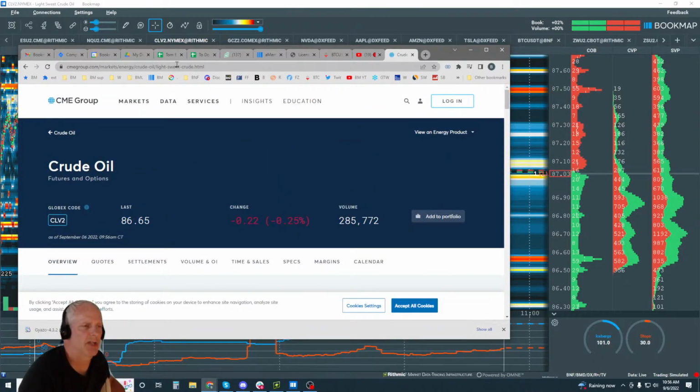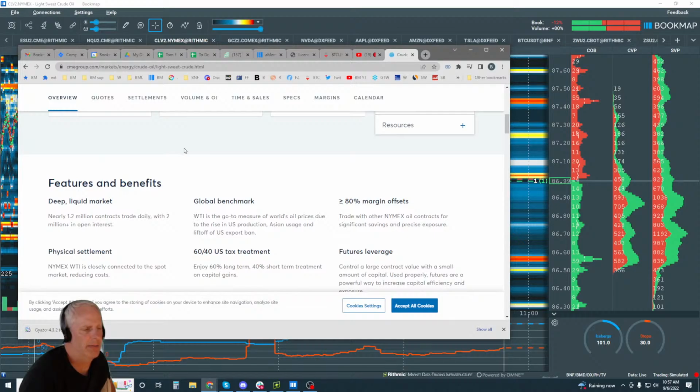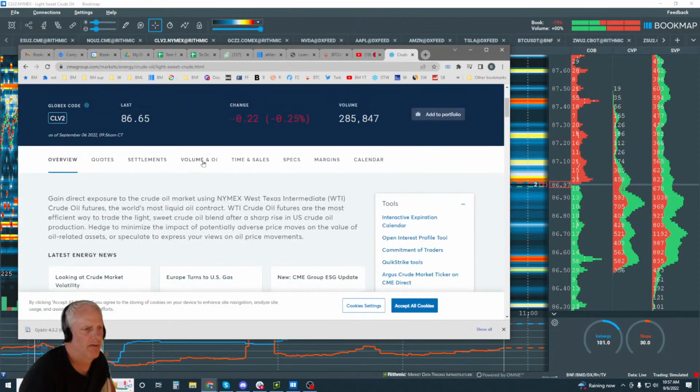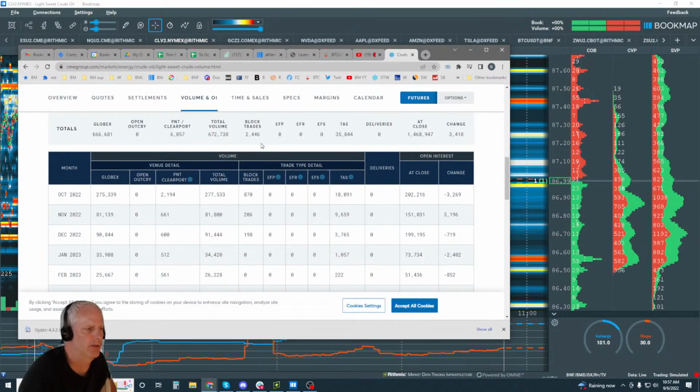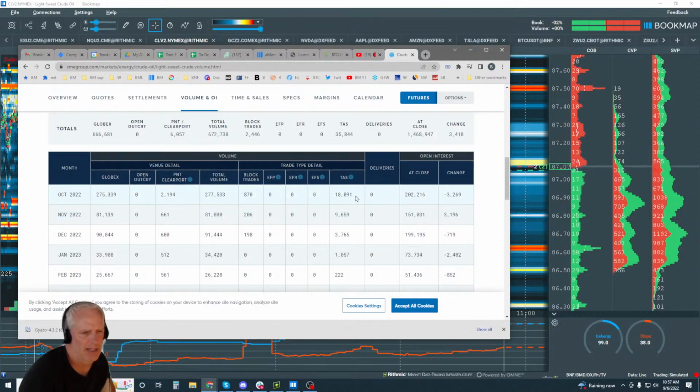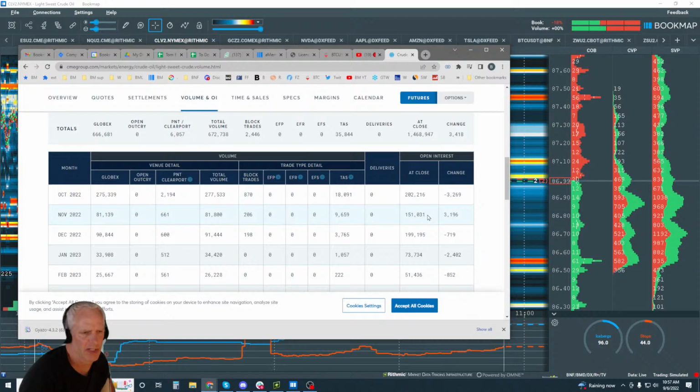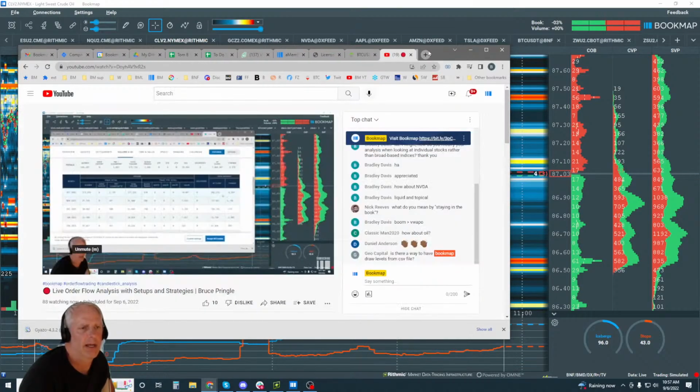All I do is search very quickly for CME volume CL, and this is one of the options that pops up. We'll click on here, volume and open interest. Okay, all the contract specs are in here, and you should know your contract specs. You should know exactly what you're trading. Now let's look at the volume in here, also open interest. Okay, it's just getting ready to roll. It's still got a few days to go, but you can see it, right? November contract right here. So at the close, the open interest was 151. You can see the change in here, also the open interest. So yeah, we're getting ready to roll. The total volume though is still in October, right? So just let you know about that, and also let you know that